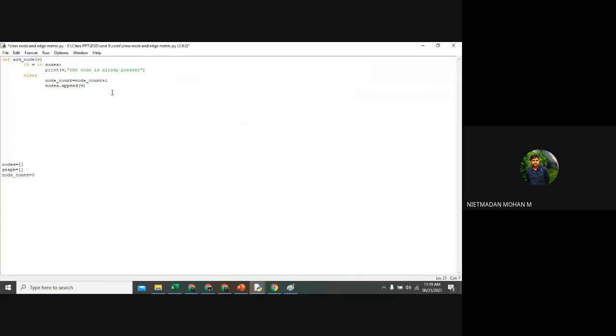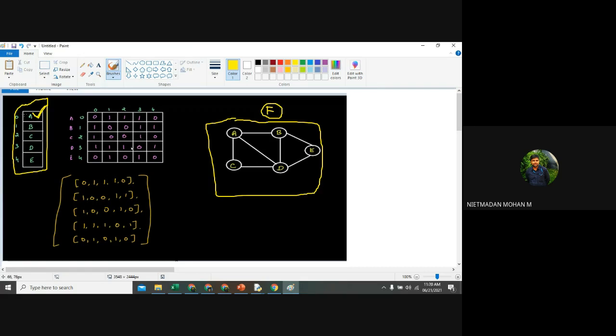And after that, for n in graph, n.append is 0. What does it mean? If the first node has been created, what will be the graphical representation now?